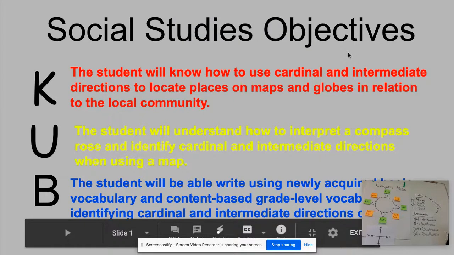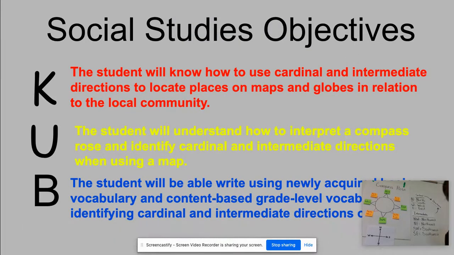Hello, boys and girls. Let's go over our social studies objectives and directions for today. The student will know how to use cardinal and intermediate directions to locate places on maps and globes in relation to the local community. The student will understand how to interpret a compass rose and identify cardinal and intermediate directions